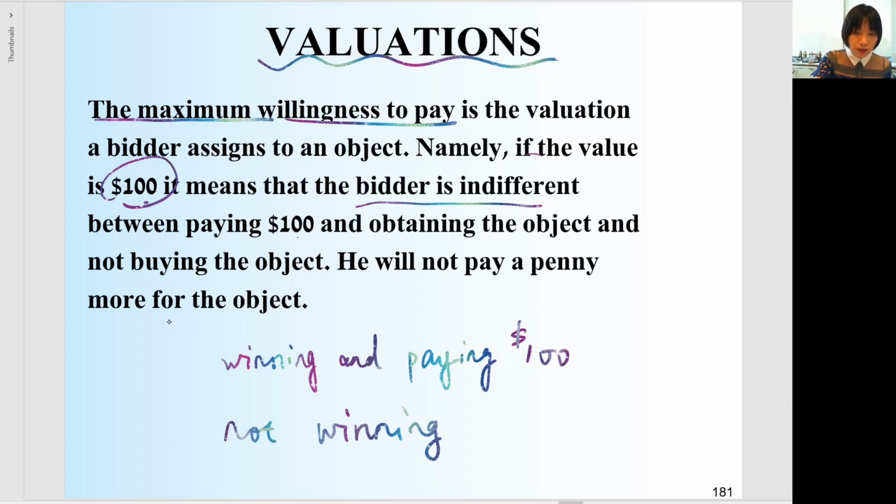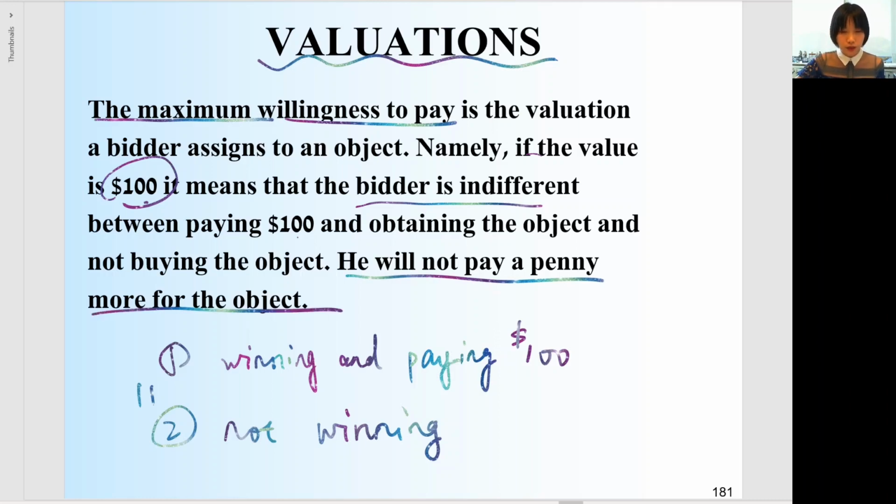So for this specific bidder, he is indifferent with these two events, event 1, winning and paying $100, and event 2, not winning at all. For him, these two are exactly equivalent. So he is not willing to pay 1 penny more for this object. Then we say the valuation is 100.